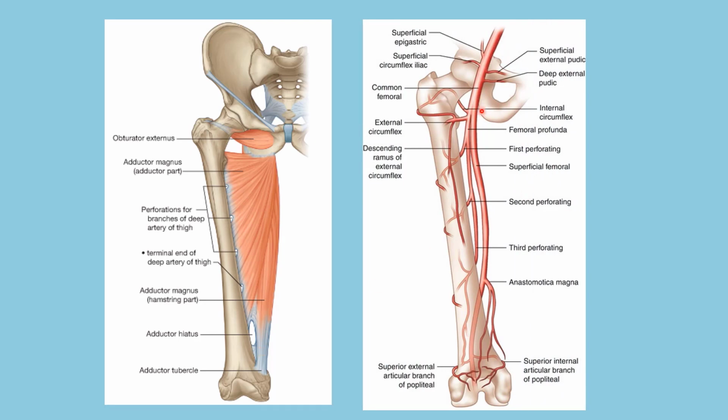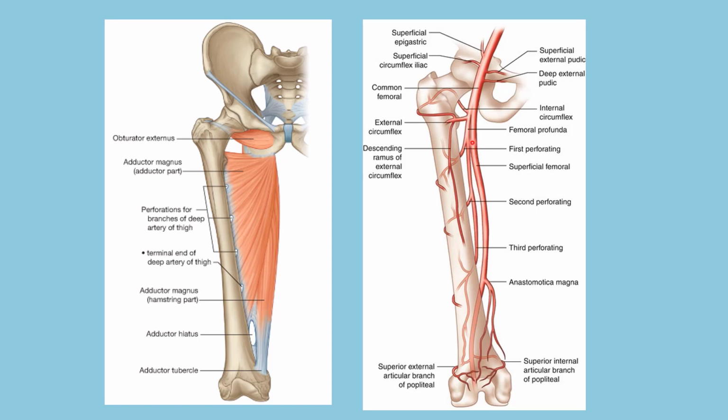This is femoral artery. This is the largest branch of femoral artery, that is profunda femoris artery, which runs deep to adductor longus, which lies on adductor magnus. It has several perforating branches. You can see them here. First, second, third perforators. They pass from anterior side to the posterior side to supply the posterior compartment of thigh.